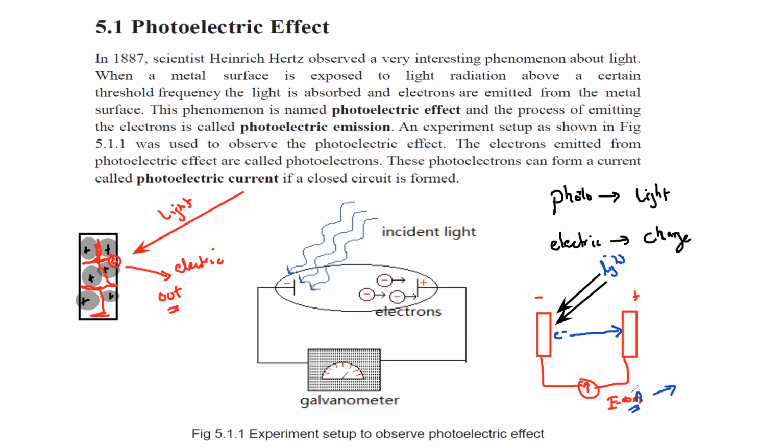So when this light falls on the metal, these electrons will start to move, and maybe this will show 2 milliampere. So we read the scale: the galvanometer needle deflected, or if there was an ammeter, it will record some current. So we can identify that the reason there is a current is that the electrons are emitted when the light falls on the metal, and when these electrons are moving, they produce a current, which is also known as photo current.